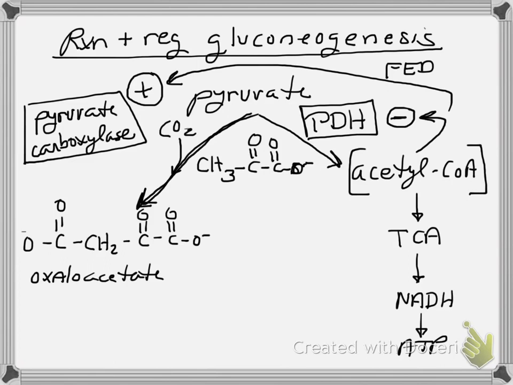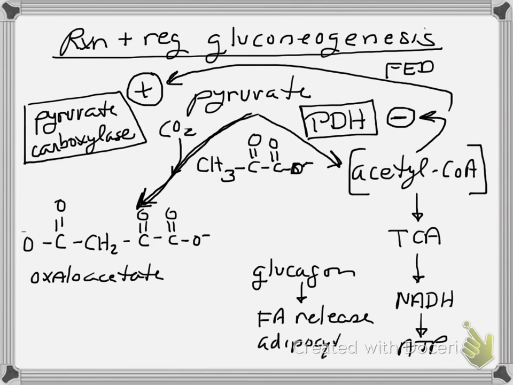Now the question becomes, where does the acetyl-CoA come from? Well, in the fed state, we know that it's coming from pyruvate, but that's the fed state. We're talking fasting for gluconeogenesis. Well, recall that fasting means glucagon signaling. Glucagon signaling will cause fatty acid hydrolysis and release from adipocytes. The fatty acid then enters the bloodstream,